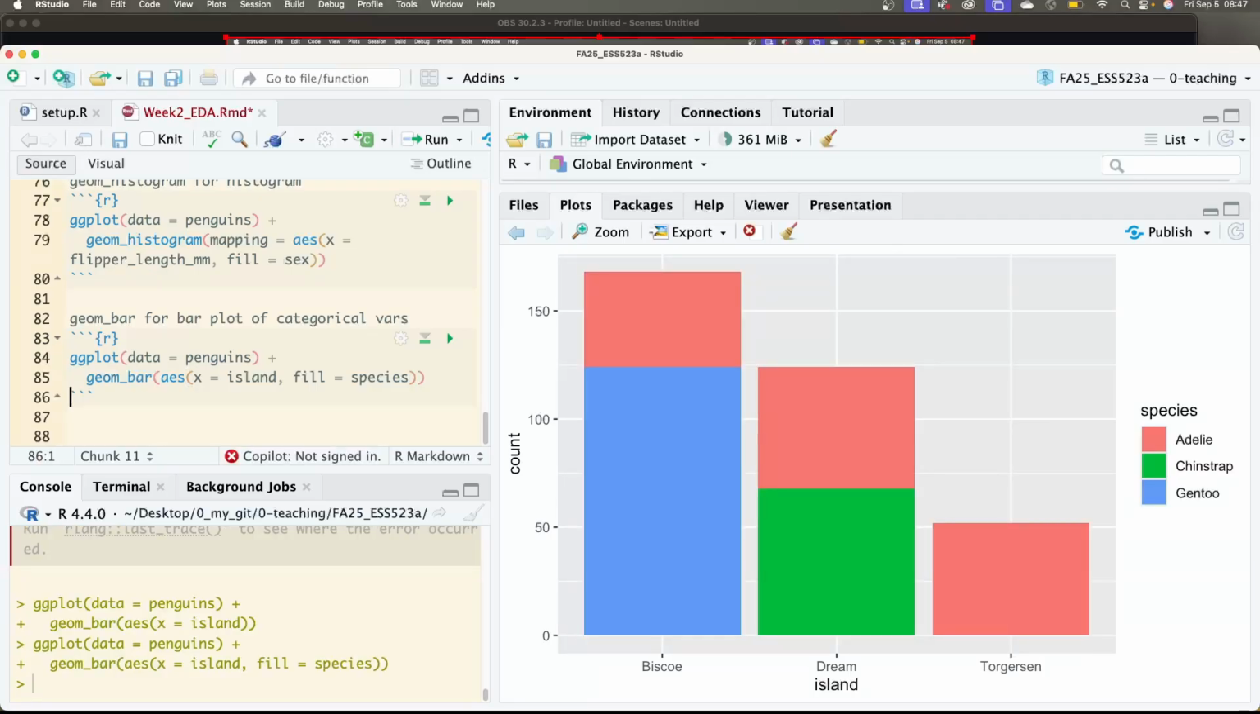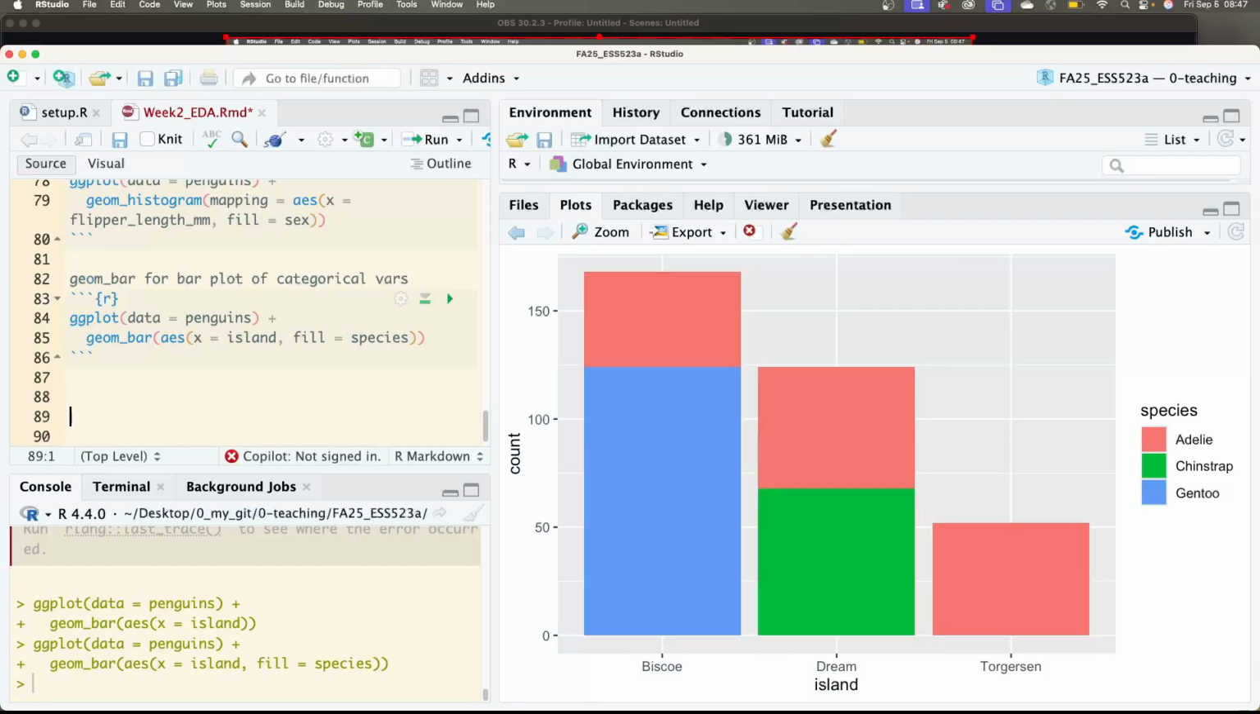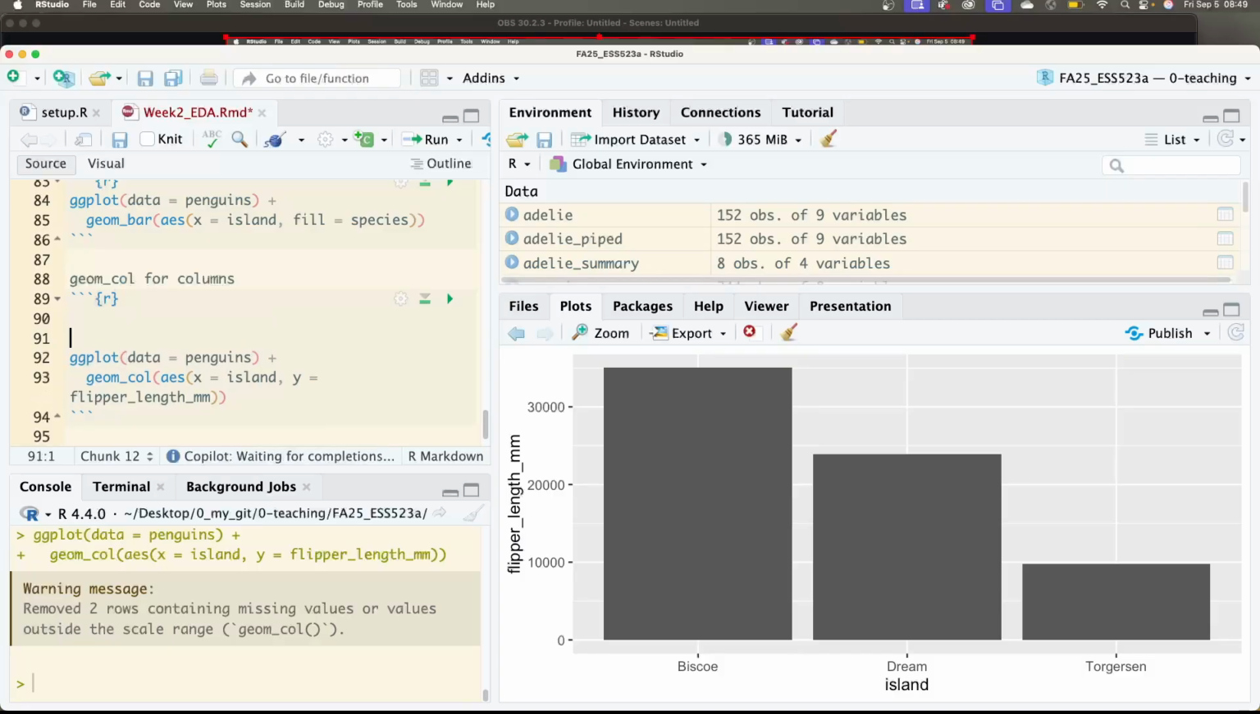I got there. So with that said, we're going to now do a geom col. And that's when you have a categorical variable on the x-axis and then a continuous variable on the y-axis, right? So I'm going to do real quick